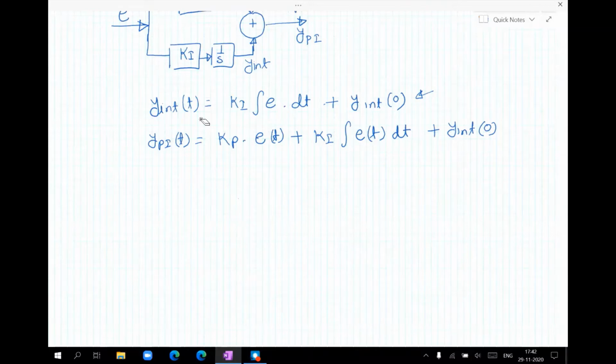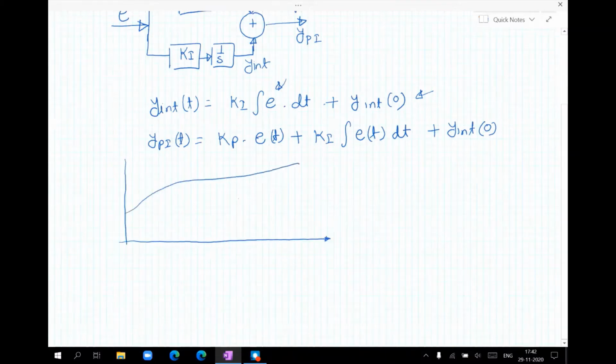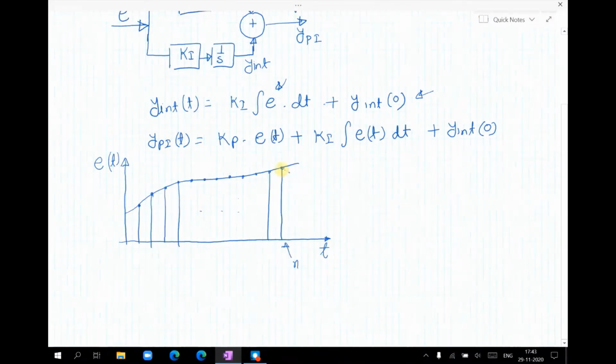For that, we have to sample the error signal first. So let us say we have the error signal like this. So we have to discretize this signal first. So we have to sample it at regular interval. So let us consider this is the nth sample of the error signal, and this is e n-1, the n-1th sample of the error signal. So the integrator output will be the area under this curve plus the previous value of the integrator output. So we can write it like this: